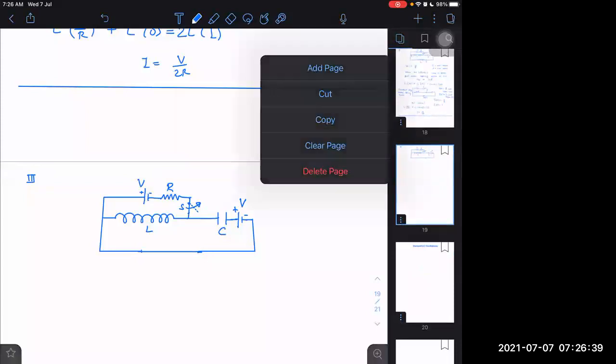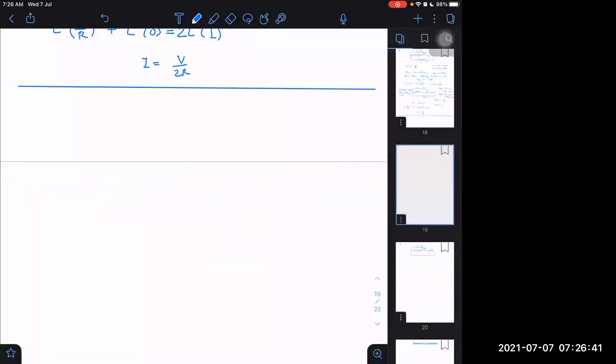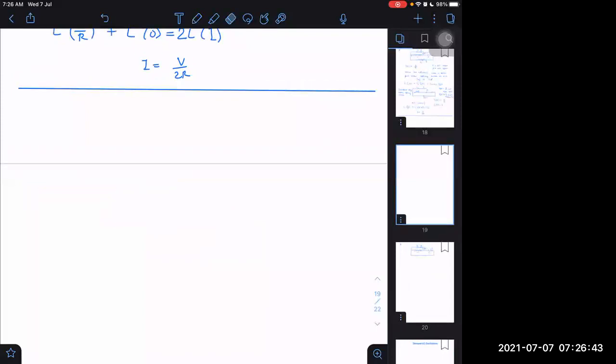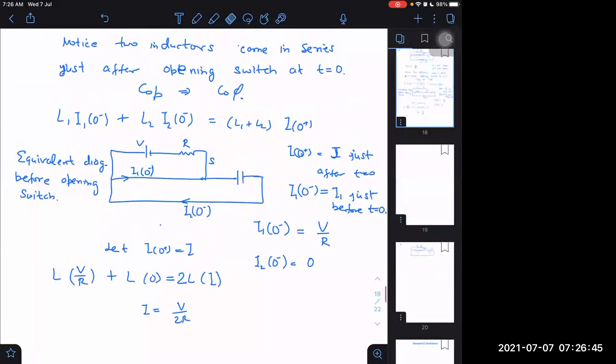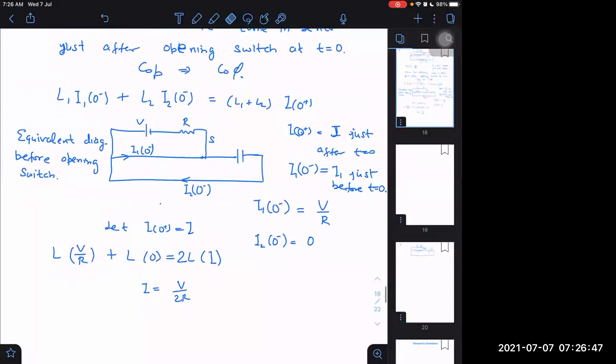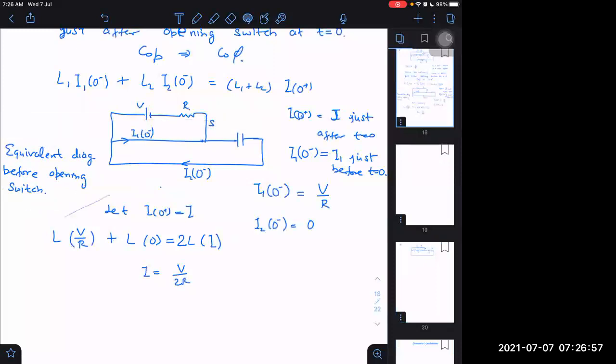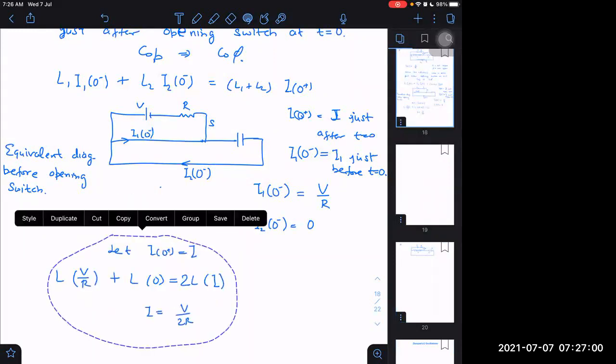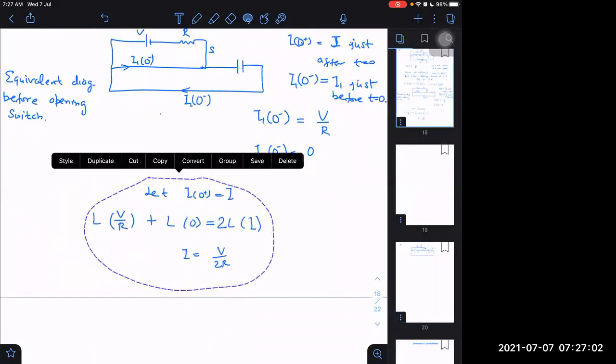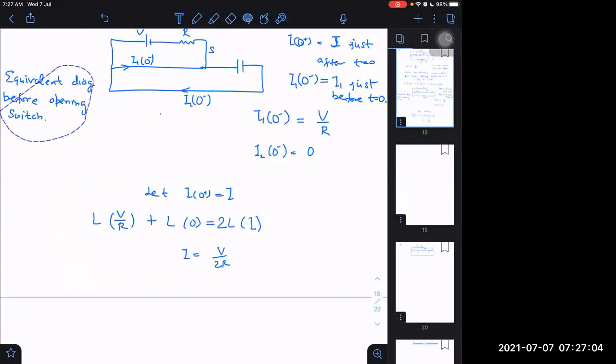Sir, is the before diagram just before or only before opening the switch? What difference will you make between just before and before opening? I can't understand. That means current will start to flow after closing the switch. Only then will steady state be produced, no, sir. Why just before only?